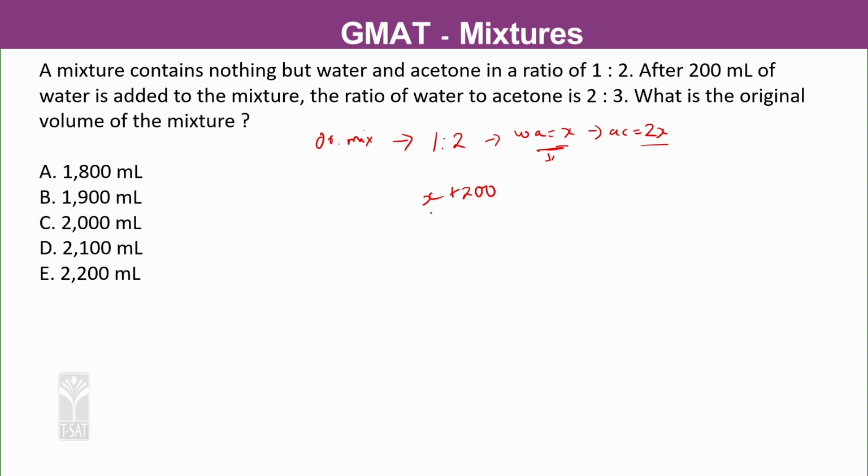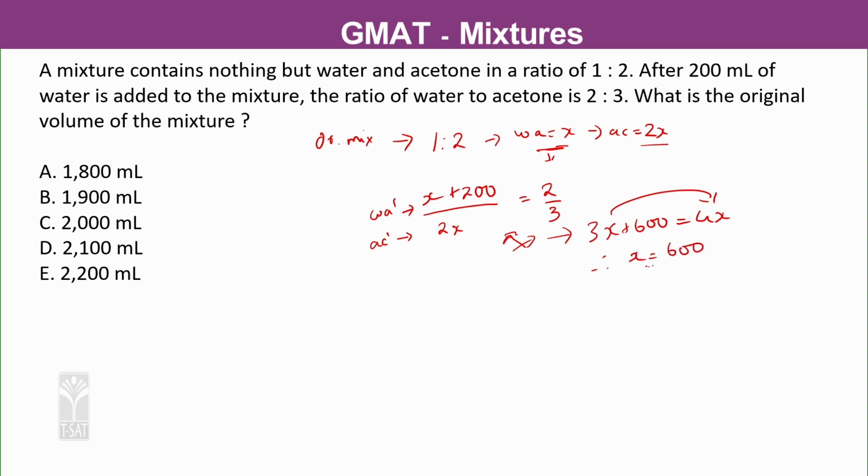So, x plus 200 is your new water, but your acetone will remain the same, 2x. And now they are saying this ratio has become 2:3. So, you equate it to 2/3, cross multiply, you get 3x plus 600 is equal to 4x. Therefore, if you take 3x to that side, you will have 4x minus 3x, that is x